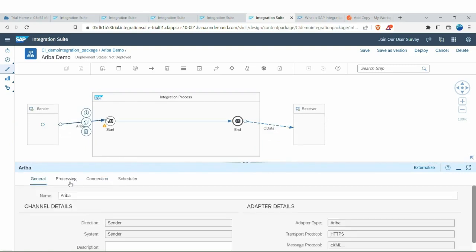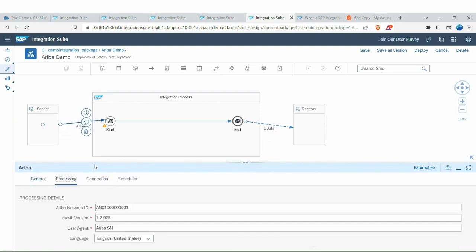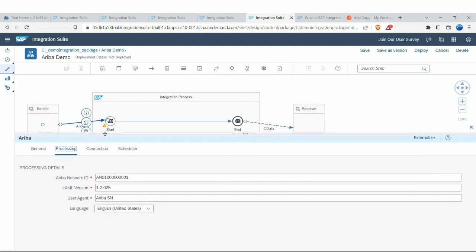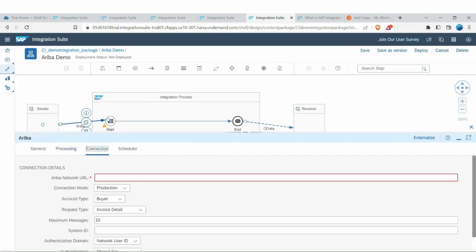Now you have Ariba related adapters. Ariba is basically the SAP Cloud Platform tenant to Ariba Network. You can directly connect to Ariba Network using this adapter, and using this adapter, SAP and non-SAP cloud applications can send and receive business specific documents in commerce extensible markup language. So this cXML format is used to transfer the data from SAP Cloud Platform to Ariba, and here the Ariba Network URL is mandatory that you have to provide once you receive it from the sender. Those details have to be updated. Next,